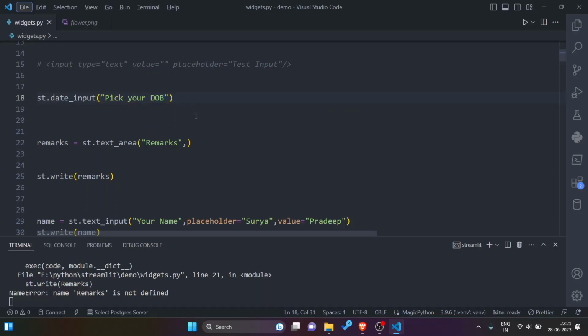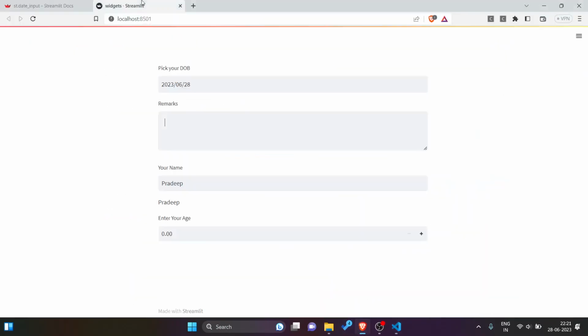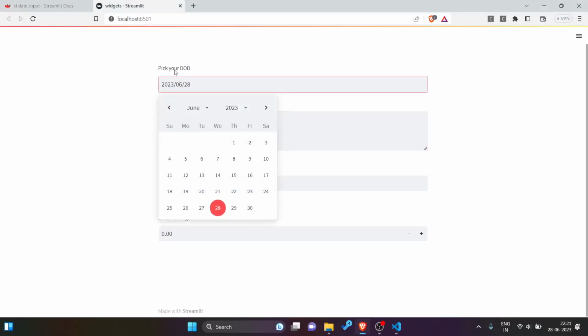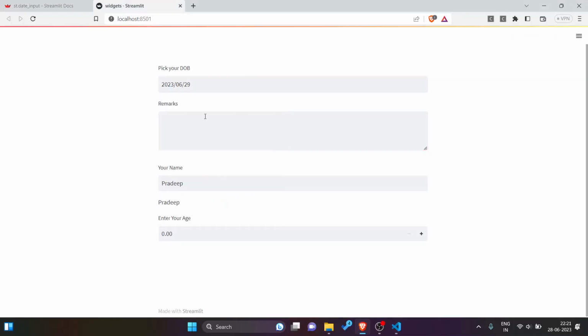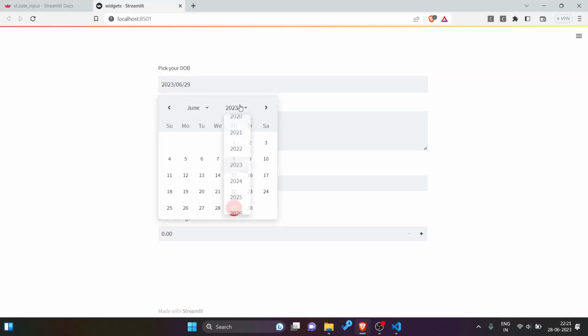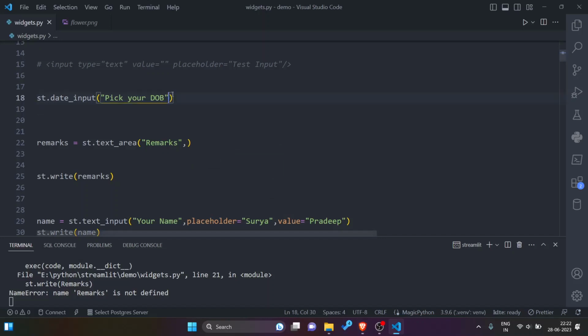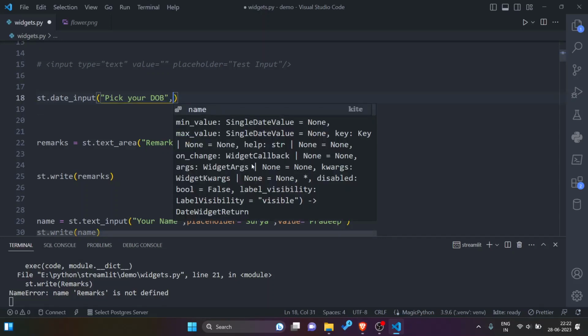Let us go to this thing. So pick your date of birth. Beautiful calendar, an HTML calendar is available for our use. Now let us see available options for this.